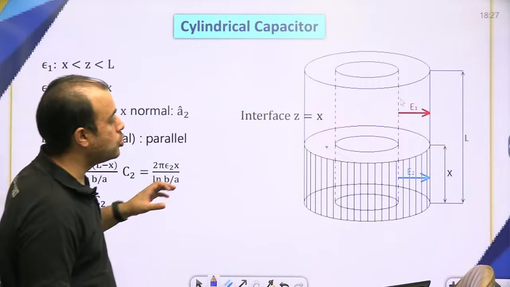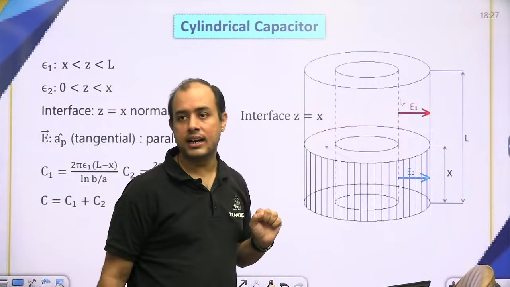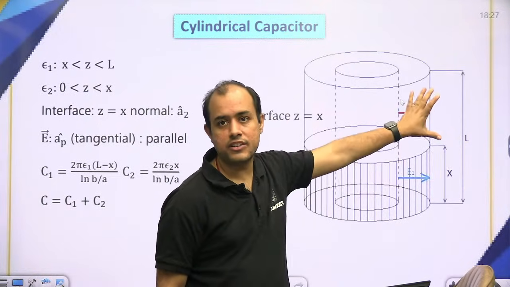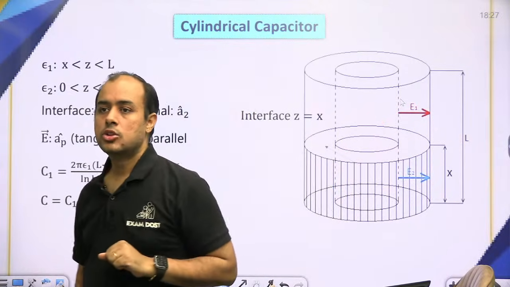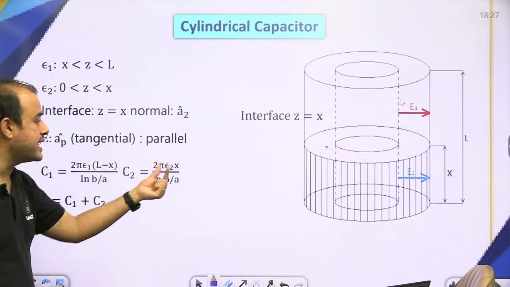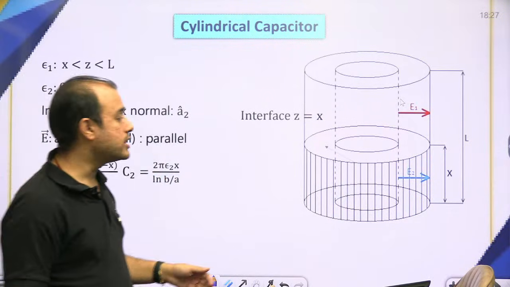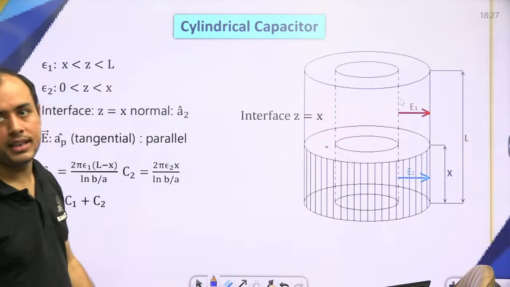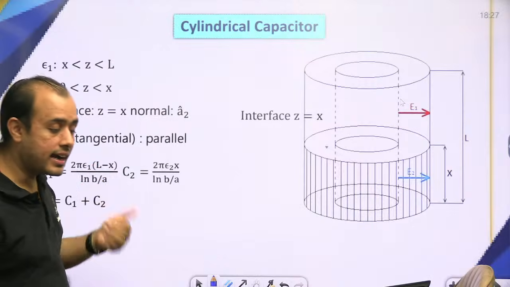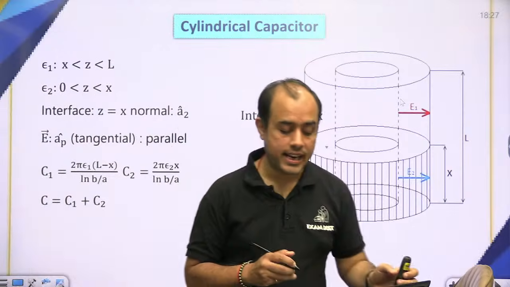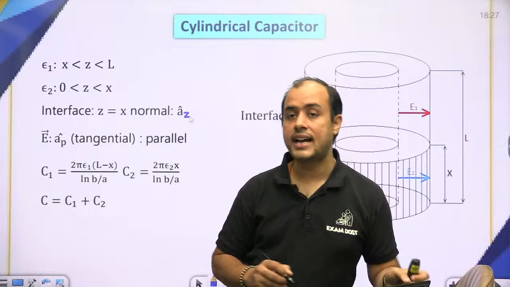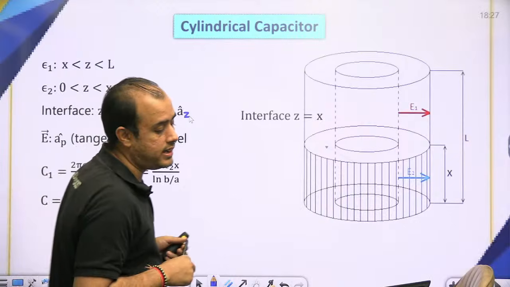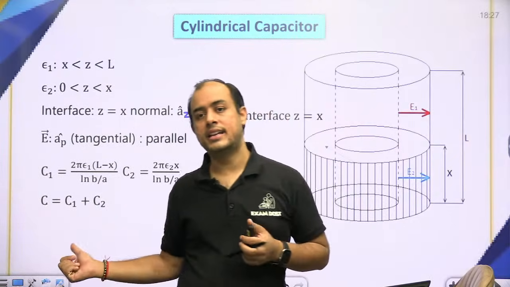Now if I place two dielectric along the length, अगर length में रखें, so for the first one the length is x, for the second one it is L minus x. So epsilon 1 के लिए L minus x, epsilon 2 के लिए x. Now the border is z equal to x. So normal is AZ cap, electric field A rho cap. Again not in the normal direction, so it will be treated as parallel connection. जब भी electric field normal direction में नहीं होगी, it will be treated as parallel, so I can add the